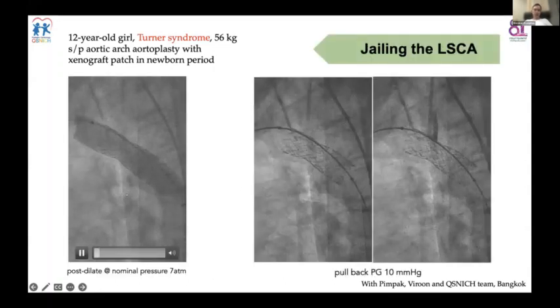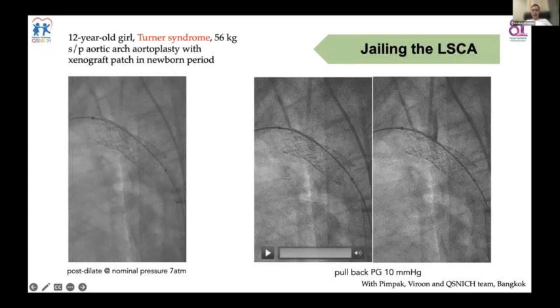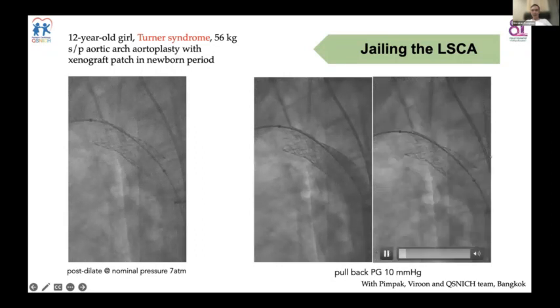Okay. So we post-dilated with the same balloon, but using the nominal pressure, just to make sure that we get the proper diameter. As you can see, it's recoiled back a little bit, but that's acceptable for us. And after that, because the left subclavian artery is jailed,